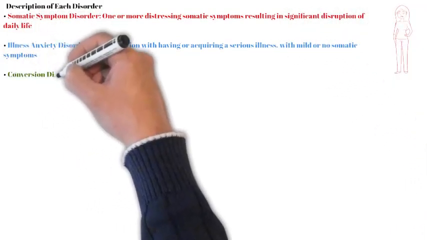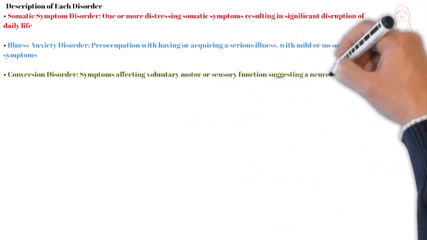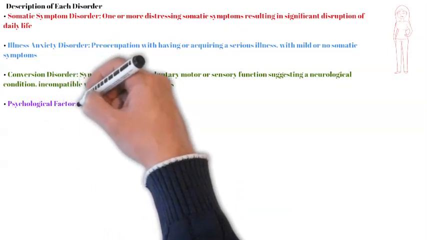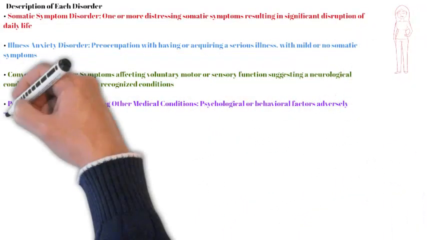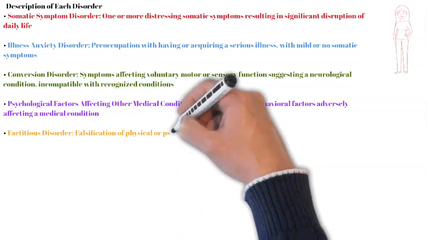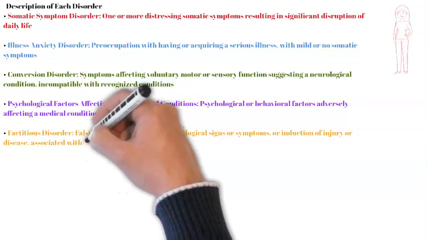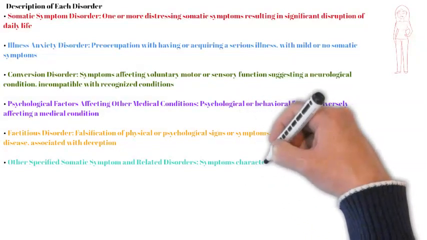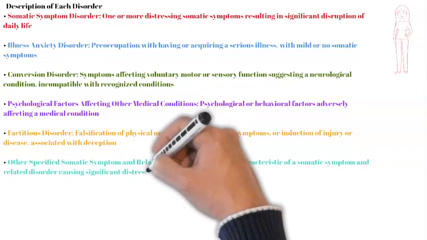Illness-anxiety disorder, previously known as hypochondriasis, is characterized by a preoccupation with having or acquiring a serious illness. Here, somatic symptoms are not present or, if present, are only mild in intensity. If another medical condition is present or there is a high risk for developing a medical condition, the preoccupation is clearly excessive or disproportionate. Conversion disorder, also known as functional neurological symptom disorder, involves symptoms or deficits affecting voluntary motor or sensory function that suggest a neurological condition. However, these symptoms are incompatible with recognized neurological or medical conditions and are not better explained by another medical or